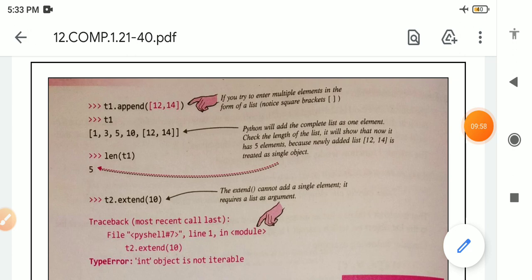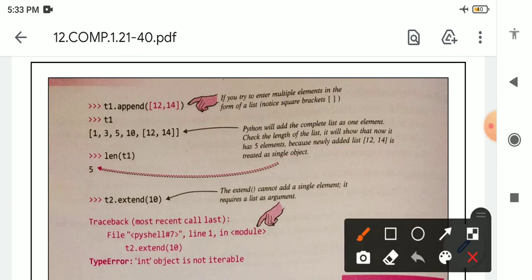If we try to enter multiple elements in the form of a list, with square brackets, meaning it is in list form, then when we type T1 dot append with this argument inside the parentheses and then type T1, we get this output. We can see that this list is in the form of a nested list.